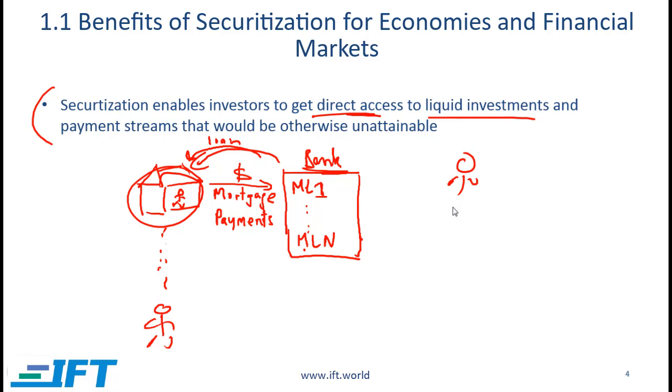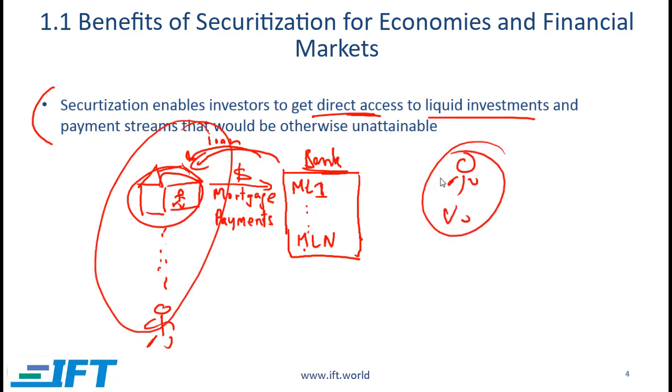You are an investor and you want to participate in this market. So you would like to make these sorts of investments, mortgage-oriented investments, so that you receive a stream of mortgage payments. Obviously, it is impractical for you as an investor to go make individual investments here. So it will be extremely difficult to find the right homeowners to assess who can make payments and directly make investments with particular homeowners.